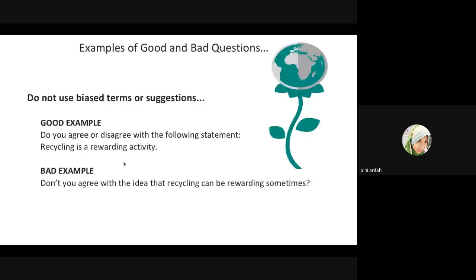Example: don't you agree with the idea that recycling can be rewarding sometimes? Here you have already put the idea to the respondent. Instead, you should ask: recycling is a rewarding activity, true or false? Or do you agree that recycling is a rewarding activity? And you have to put the